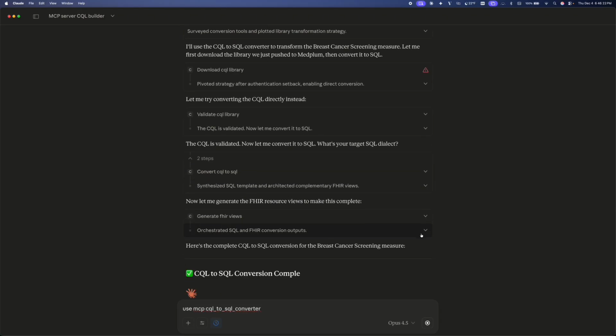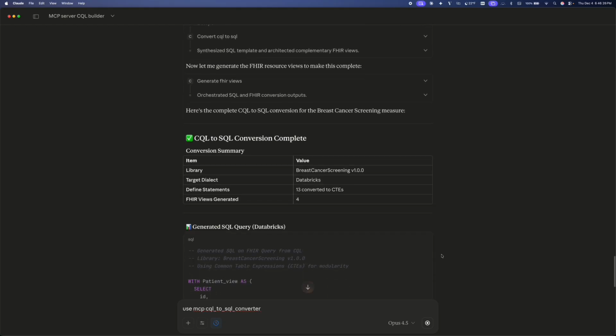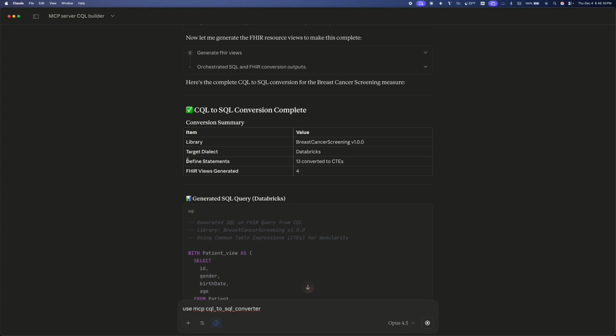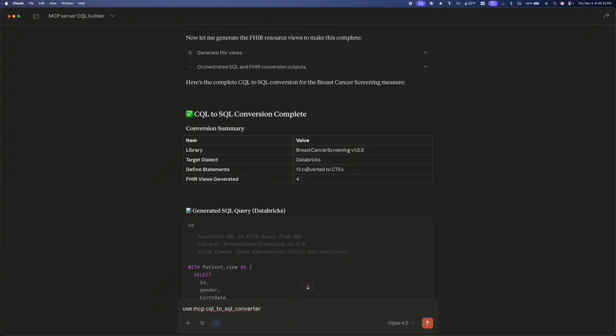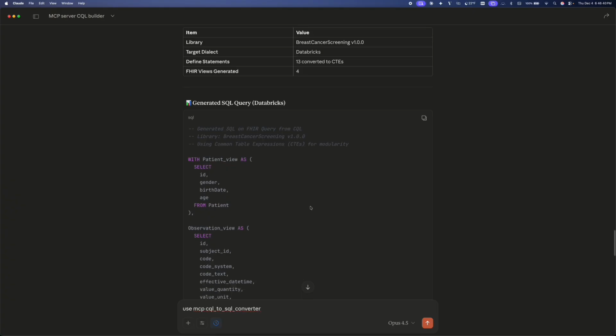So it goes through a series of checks so that it can convert properly the defined statements from the CQL into CTEs and SQL, and then also generate the applicable views on the FHIR resources that are needed.